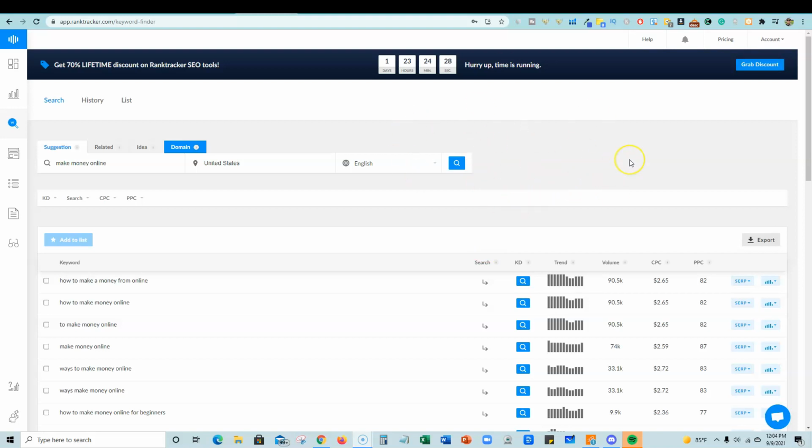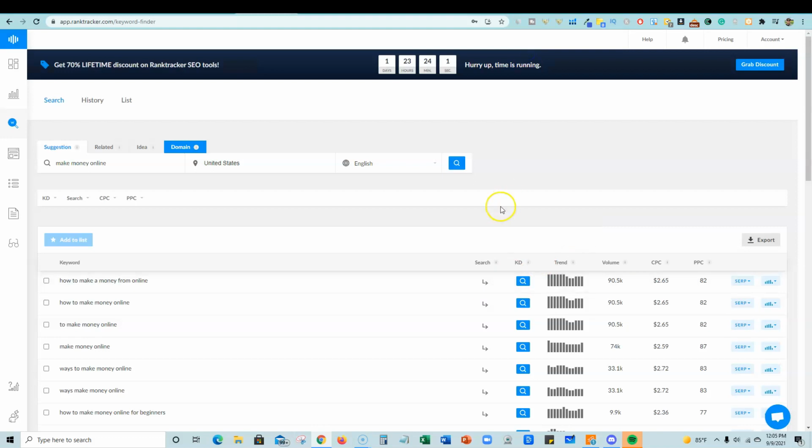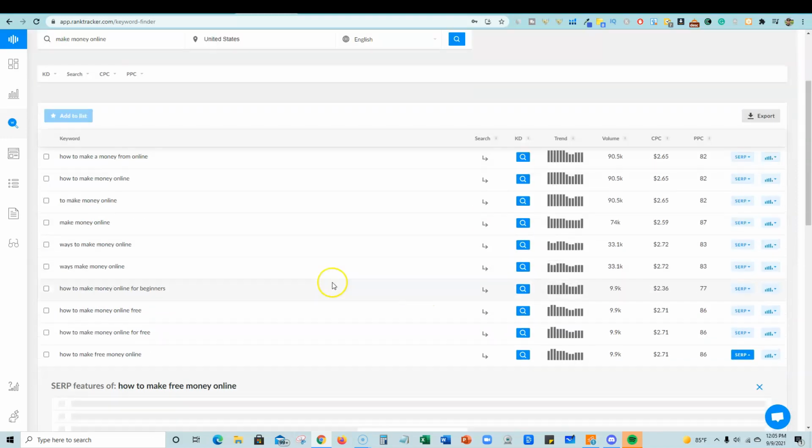man, they really skimp on any free account. Why would you even give a 10-day trial and not let somebody look up like 3 keywords? If I click on this right here, it's going to tell me if you need more SERP lookups, upgrade your plan, or wait for the lookups to reset. The reset will probably be tomorrow, and it will only let me do a couple at a time. So that is disappointing, not being able to do a proper demo for you, but you can see what it looks